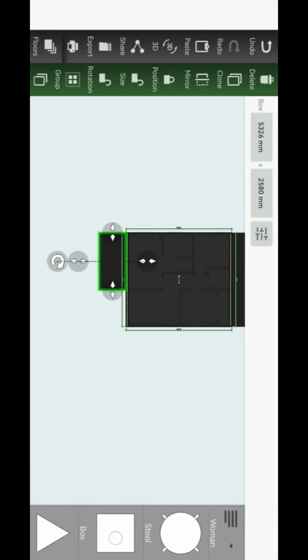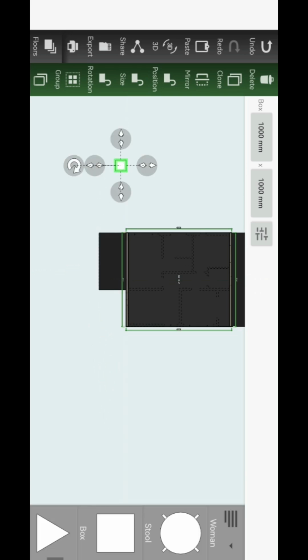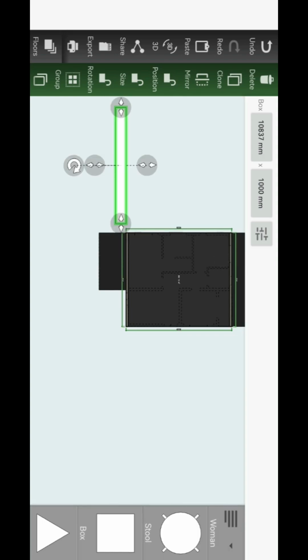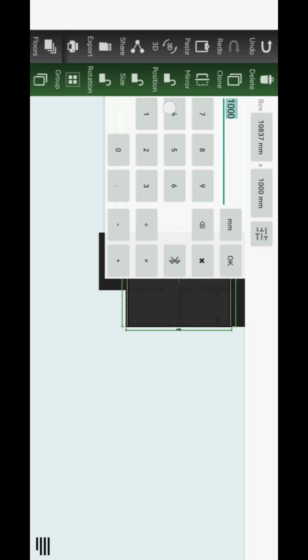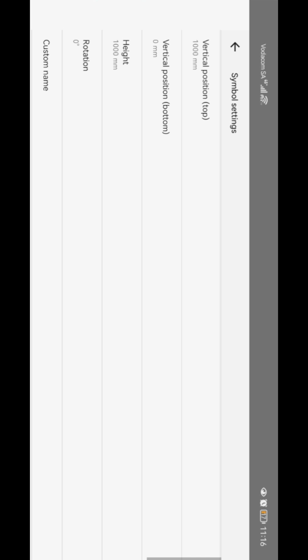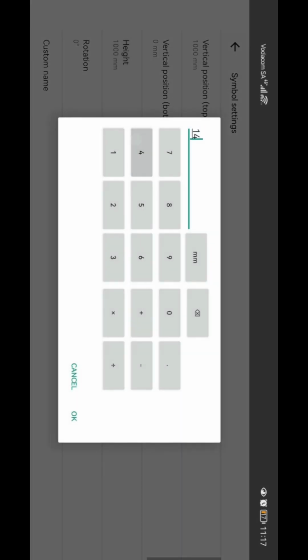And then I have to add my roof. I'll add a box, make it 10,837 by 4,690. Change the height to 1,400,